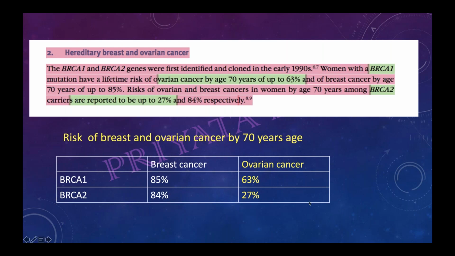Questions come from these numbers. So these numbers are really important. You have to remember them. If you find older TOGs, the numbers will be different, but they will be parallel to these numbers only. So you have to remember that for BRCA1 it is 63% ovarian cancer, and for BRCA2 ovarian cancer is 27%. You have to know these numbers, because questions usually come from these percentages. So you can remember 63 by 27, whichever way you wish.